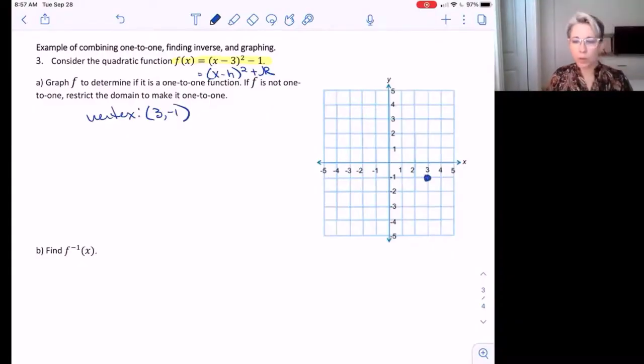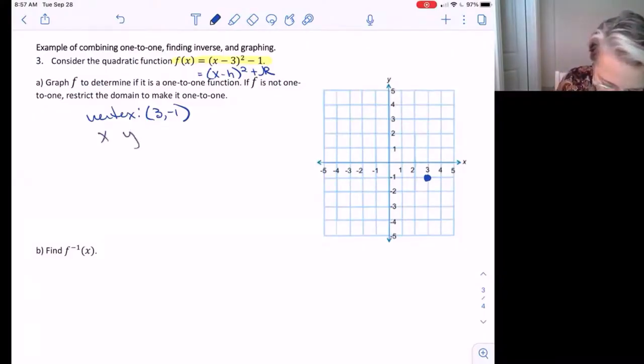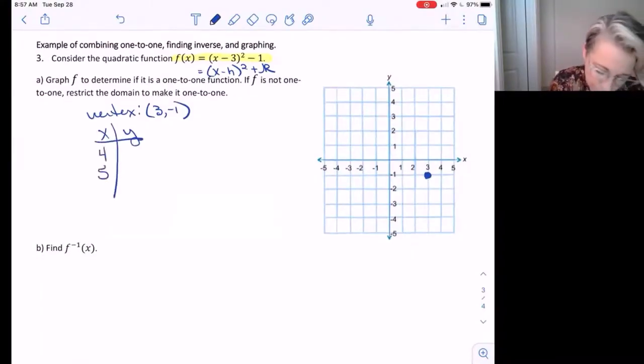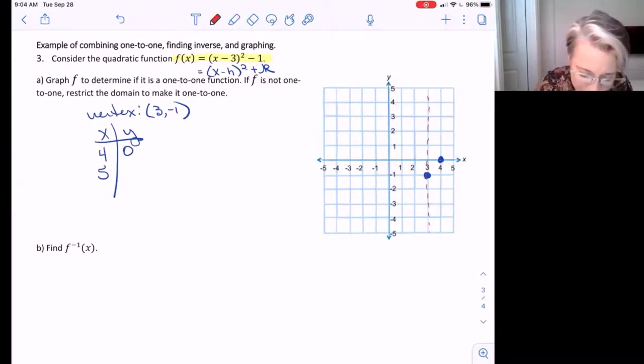Since there's no stretch or compress, it has the same format as a standard parabola. But if you're not quite sure how that works, you can still plug in some values for x and y. If we go to the right, let's say we plug in 4. If we plug in 4 into the equation, that's going to give us a 0. So f(4) is 0. So if you remember the axis of symmetry, if you have the point (4, 0),